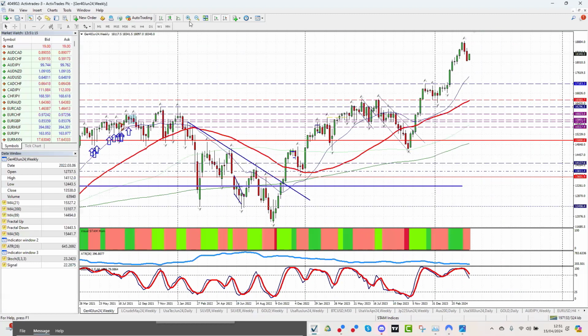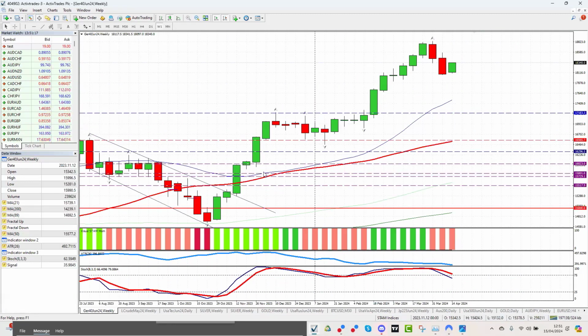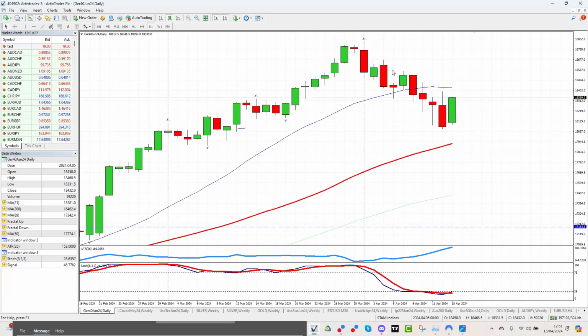We look at the DAX. DAX has been in a fabulous trend, but it printed a very bearish engulfing candle there, and we followed through on that last week. And you'd look at that as a bit of an orderly descent, wouldn't you? This is the daily chart, an orderly descent after the daily key reversal at the start of the month.